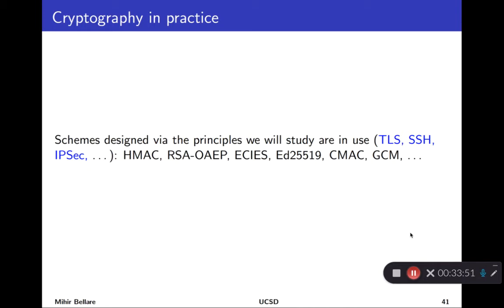So that's, I think, one of the intriguing things we'll eventually get to. This is one indication of why the area involves a fair amount of abstraction and mathematics. But the presence of that shouldn't lead you to think that it's not valuable in practice. Schemes that are designed via these kinds of principles, where you formally study privacy and you try to design it with a Lego approach and justify the design, are in broad use in protocols like TLS and others. And we will see many of them. We'll see what HMAC looks like, we'll see what OAEP looks like, and so forth.